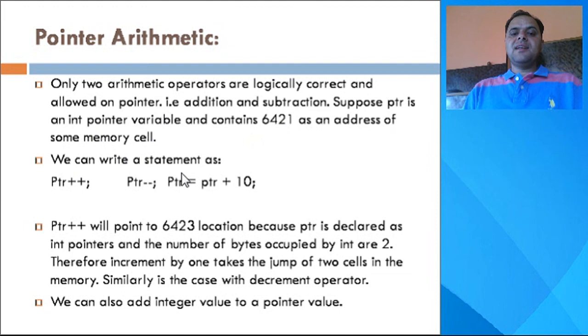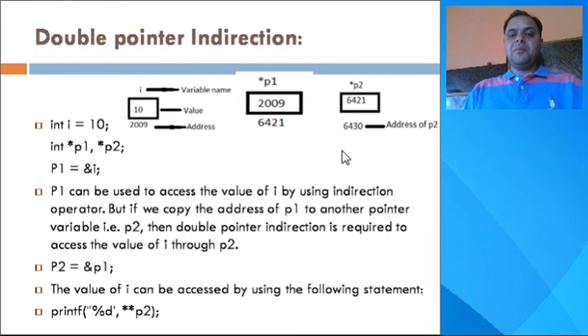We can write a statement as ptr plus plus, ptr minus 1, or ptr equal to ptr plus some value. So we can do these types of calculations in pointers: increment, decrement, or add or subtract some value. For example, ptr plus plus will point to a new location. If the value of ptr is 6421, as we have already discussed,